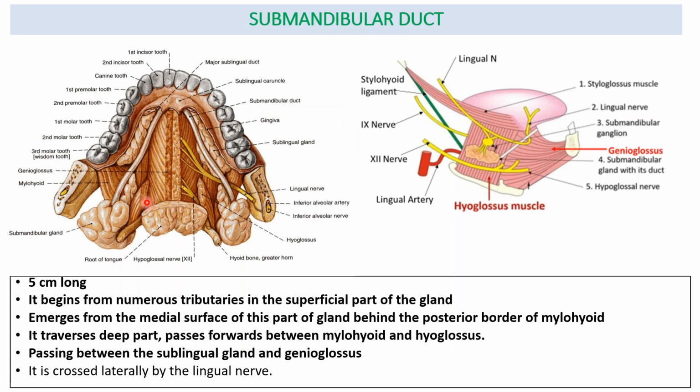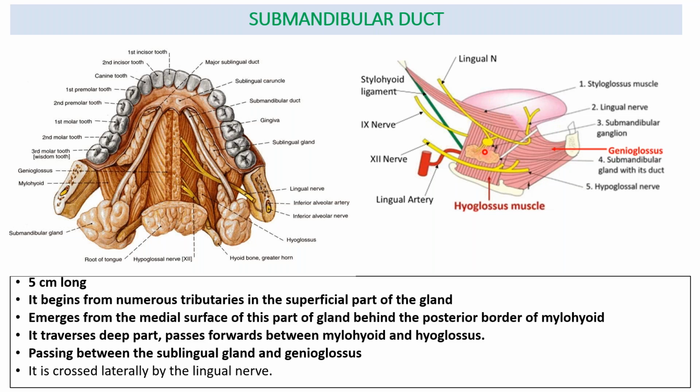Now we come to the ductal portion, the excretory duct part of this submandibular gland. In this picture, again from an inferior view, we can see the superficial and the deep part. This white structure over here is the duct of the submandibular gland, or submandibular duct. In this picture, we can see the deep part of the submandibular gland, which is resting on which muscle? It is resting on the hyoglossus muscle, which extends from the hyoid bone to the tongue.